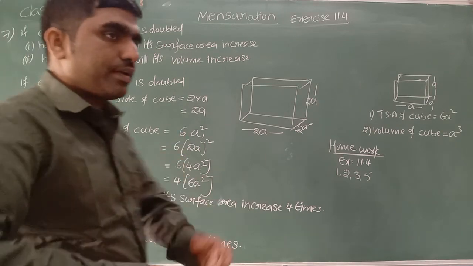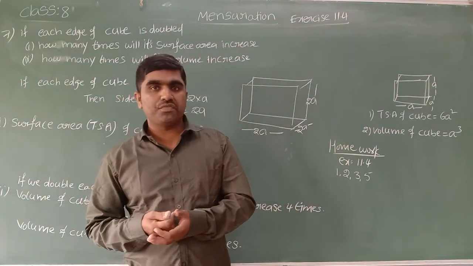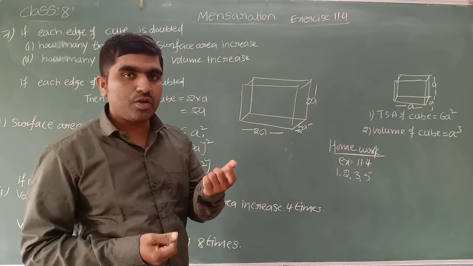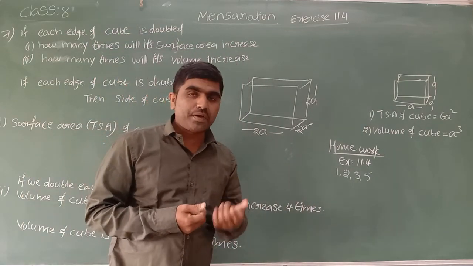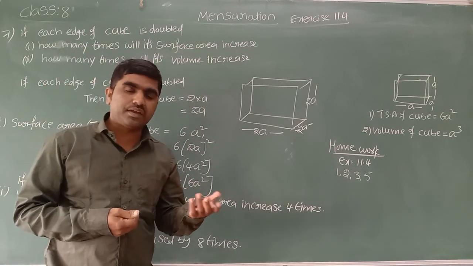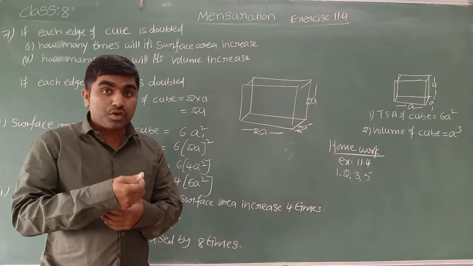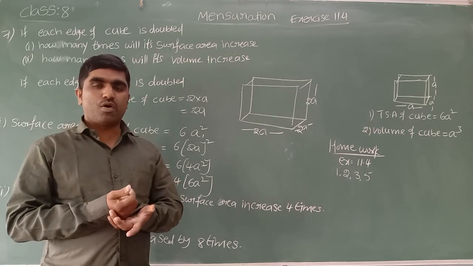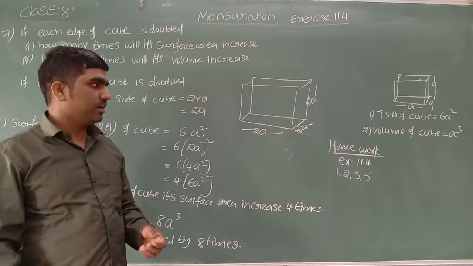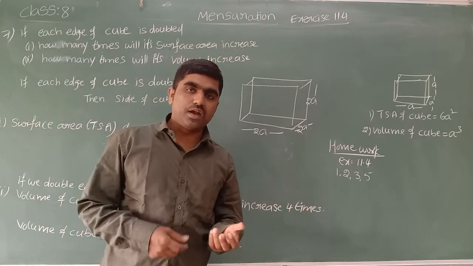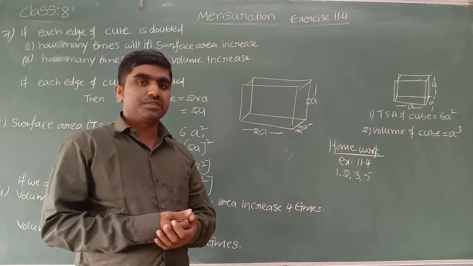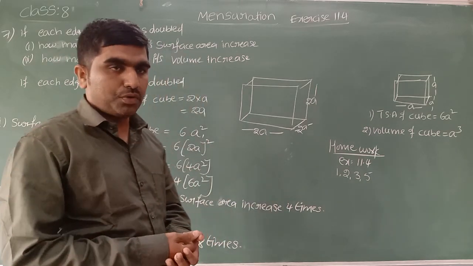Children, in today's class we learned about volume of cube, cuboid and cylinder. The word volume is nothing but the space occupied by a 3D object. To know the capacity of a tank, or of a cuboidal shaped box or cube shaped box, it's enough to find the volume. And also we learned the formula to find the volume of cube, cuboid and cylinder. Hope this concept is clear to you.